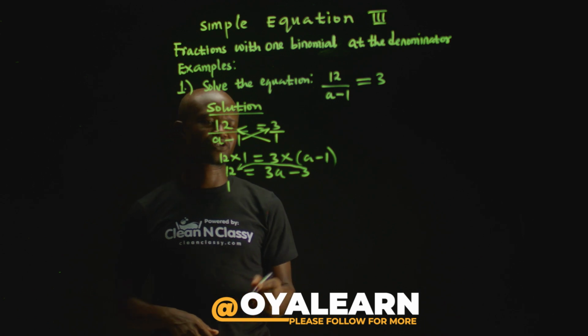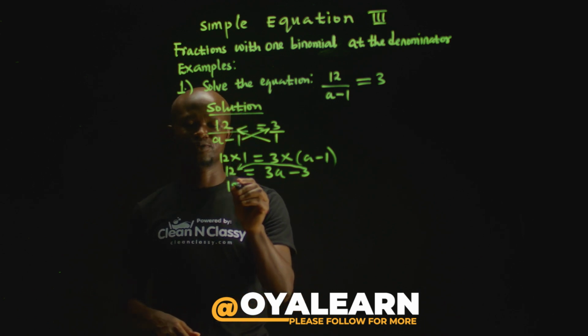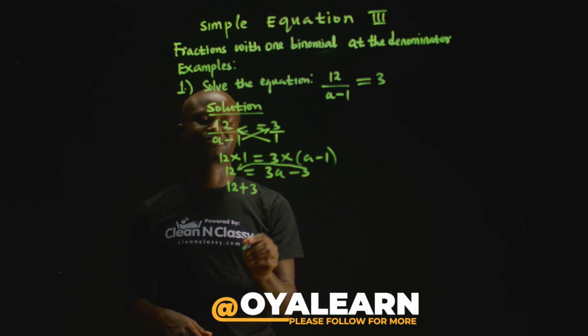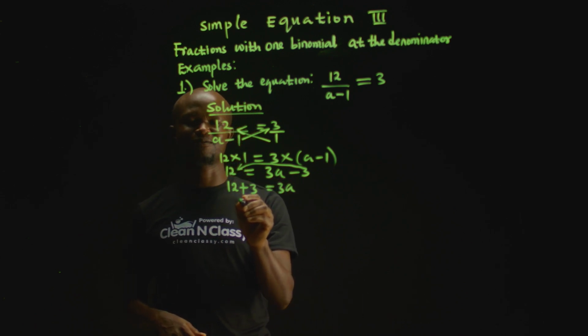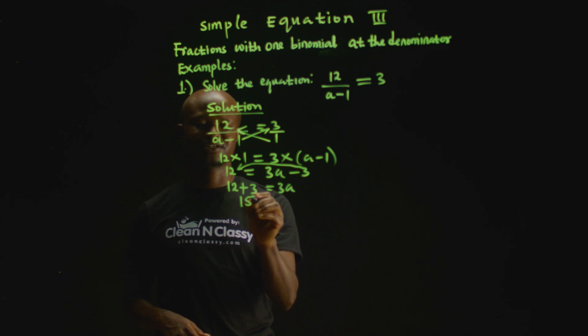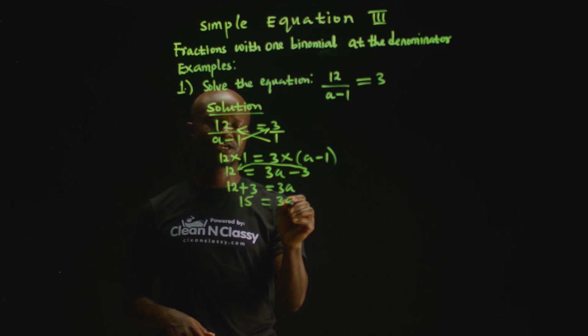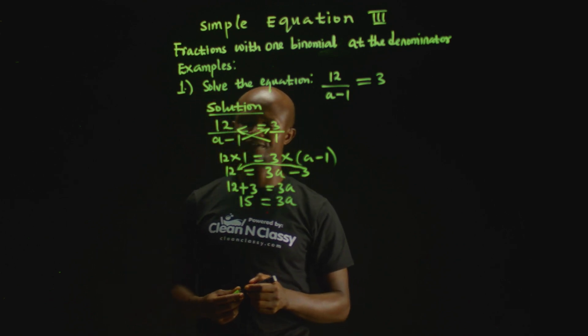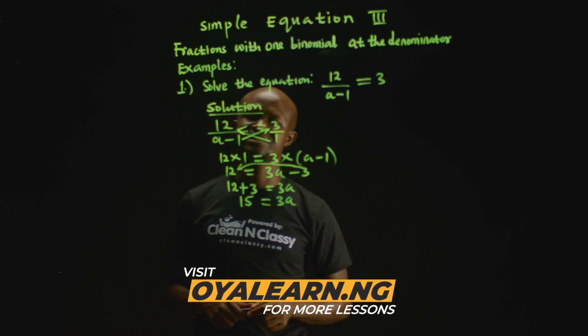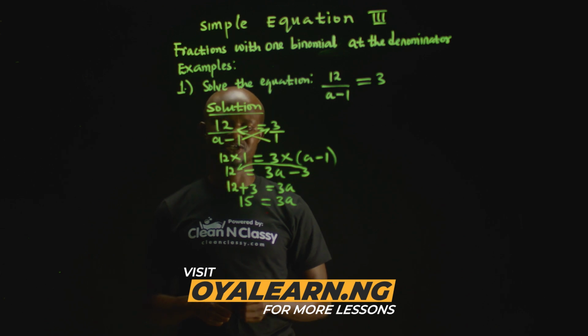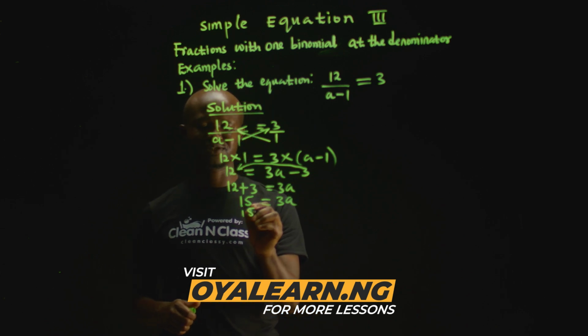And if minus 3 is coming to the left, it will become plus 3. So equals 3a. So we have 12 plus 3, that is 15. 15 equals 3a. We want to find the value of a, so we divide both sides by the coefficient of a, which is 3. So dividing both sides by 3,